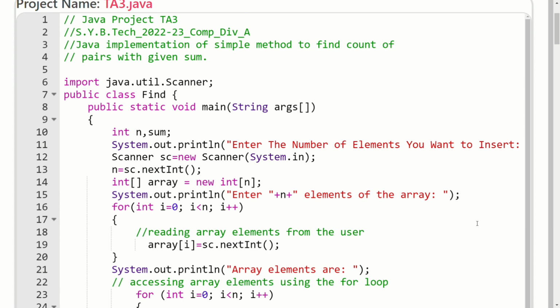Let's see the code. First we import java.util.Scanner. In the public class, in the main method, we declare the integer variables n and sum. First we take the input from the user, the number of elements the user wants to insert, and we store it in the n variable. Before that we declare the object of the Scanner class, and after that we declare the array